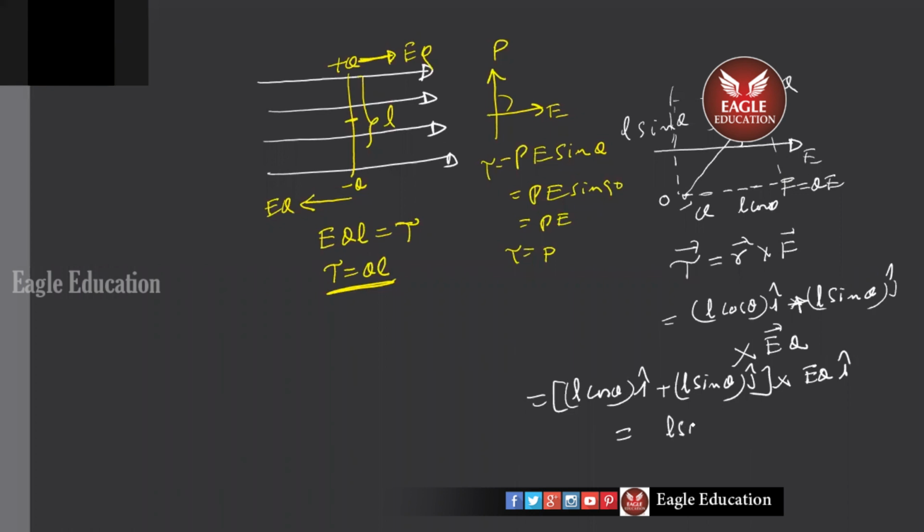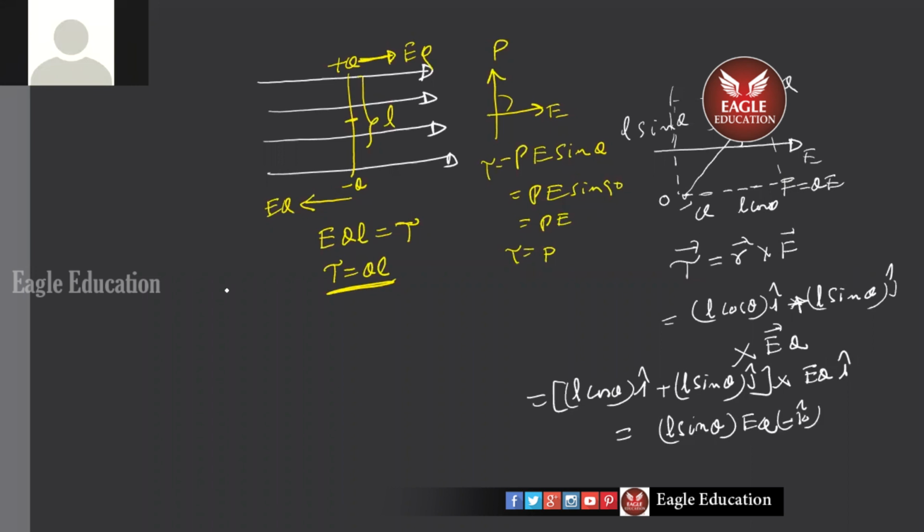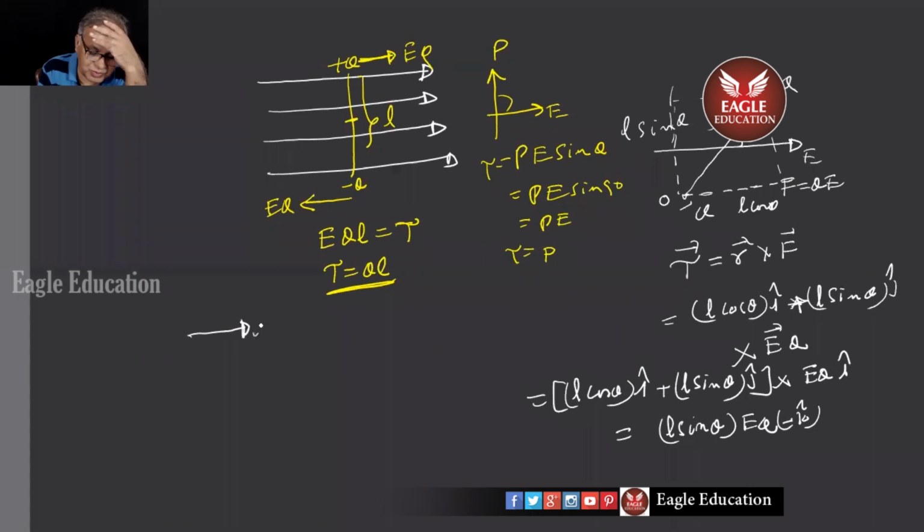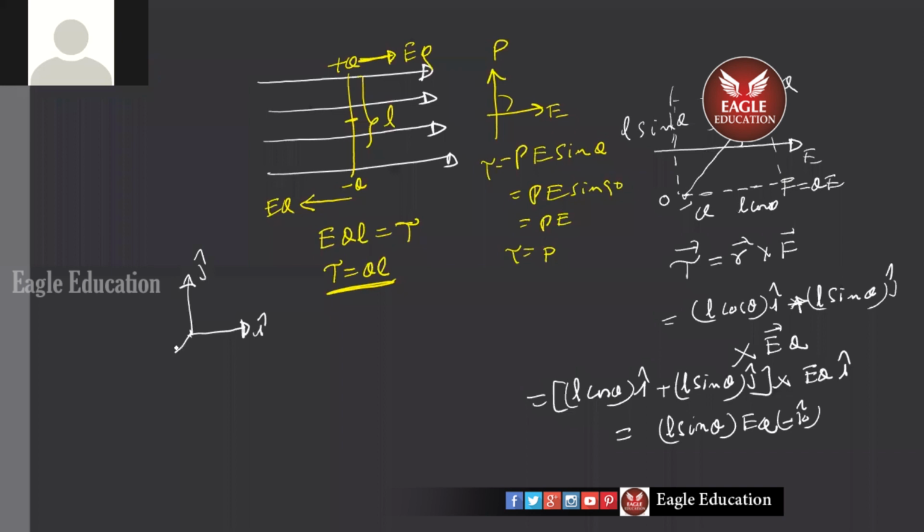Why are people not talking? Yes, sir. L sine theta into EQ. J cross I is what? Minus K. Actually, that's why I was asking you, if you don't know that, I'll remind you here. I have no problem. Now, if you don't speak, I'll be really worried. If you say you're following, I think after I wrote something, you're following the steps, not the meaning.